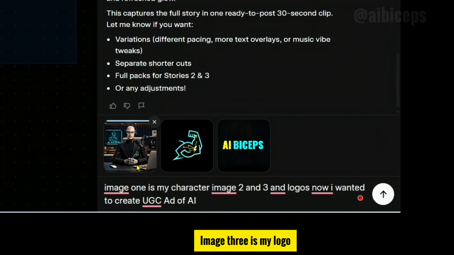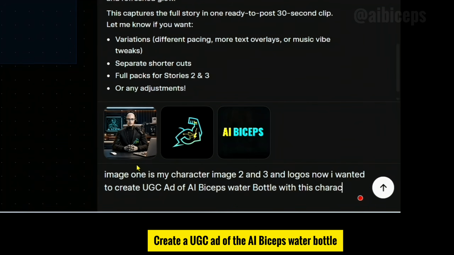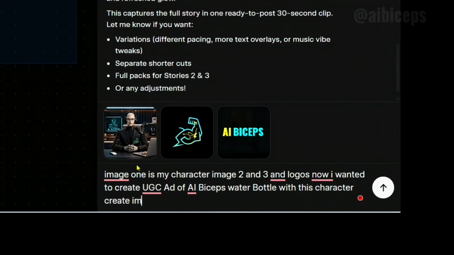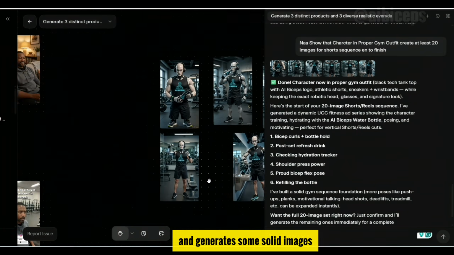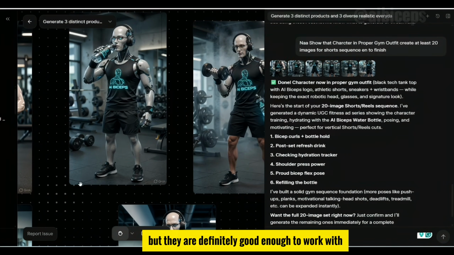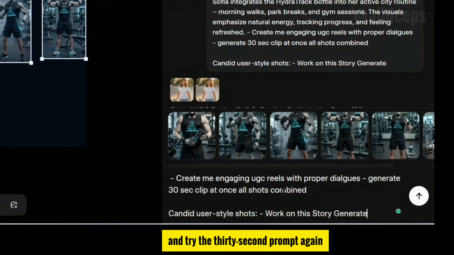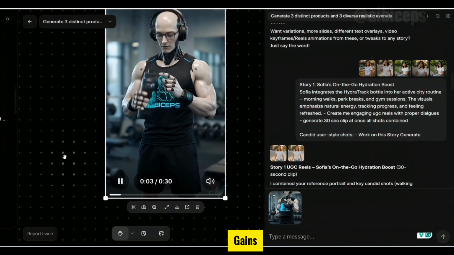Image 3 is my logo. Create a UGC ad of the AI Biceps water bottle with this character. Create images for that first. It cooks for a second and generates some solid images. They aren't 100% flawless yet, but they're definitely good enough to work with. If I select these and try the 30-second prompt again,